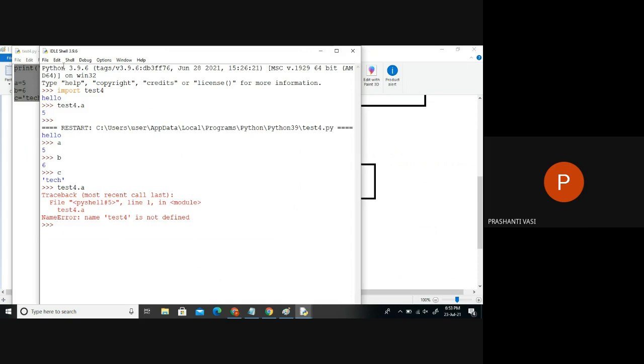What is the difference between running the file and importing the file? From the shell also, we can run directly, but that time what we said was we had to just run it like this. So what is the instruction given to the interpreter? You want to call everything of this file. The file name is important here. You are accessing everything of the file with the file name only. So you pass the file on the interpreter, and whatever you have to call, with which name? File name only. Otherwise, we can't see that data.